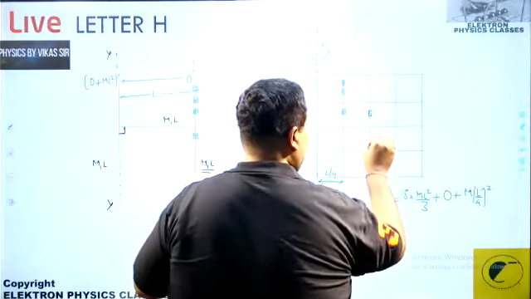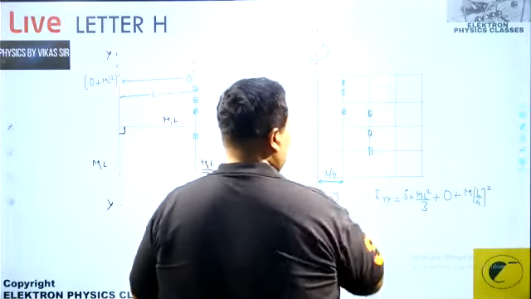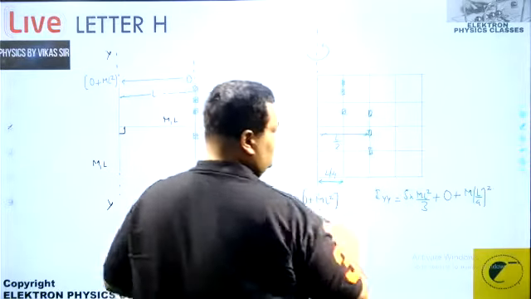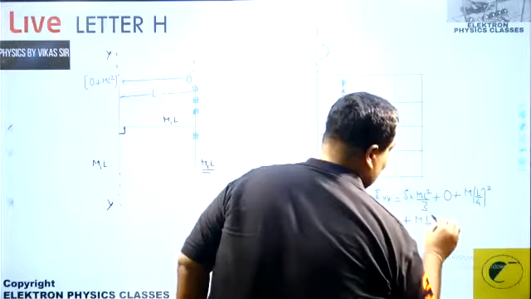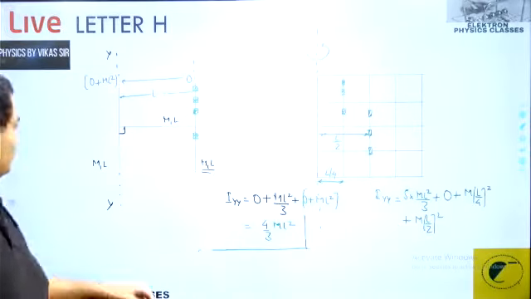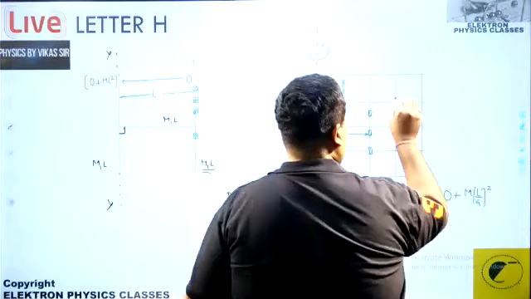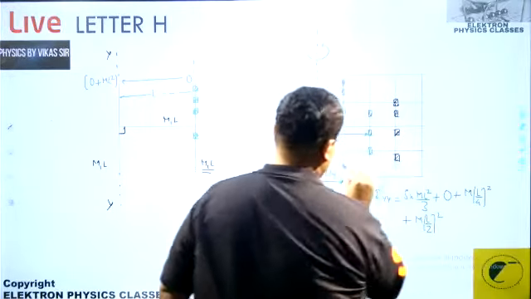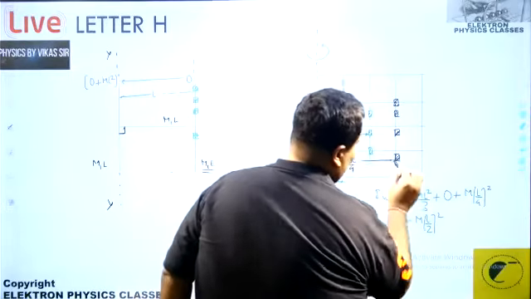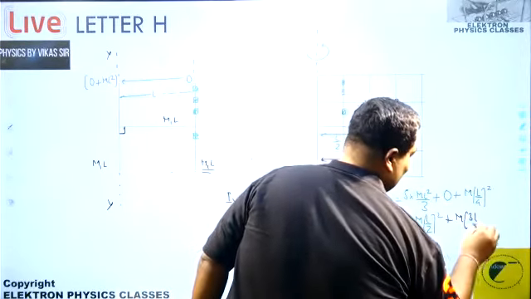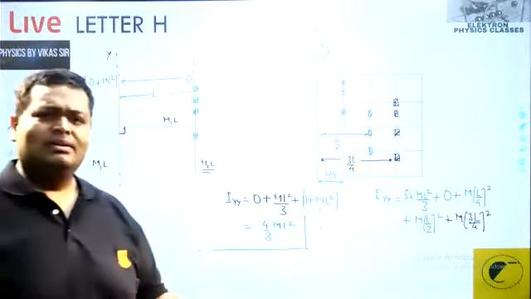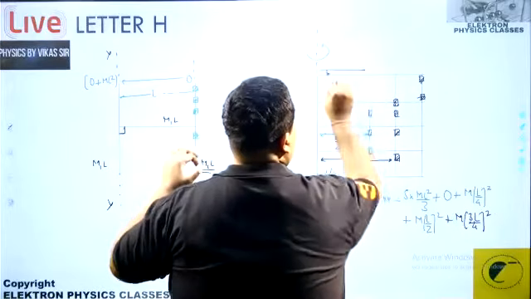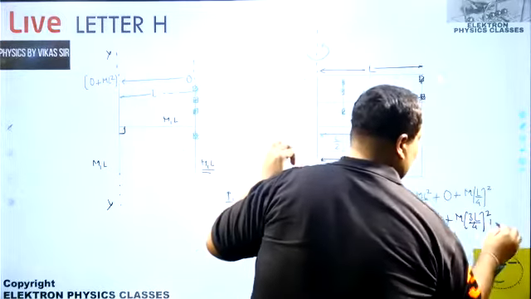And then for this particular rod, the eighth rod, every particle will have a perpendicular distance of L by 2. So the moment of inertia becomes M into L by 2 whole square. That is easier now. And then for the ninth rod, all the particles will have a perpendicular distance of 3L by 4, so plus M into 3L by 4 whole square. And for the last one, the 10th one, this perpendicular distance is L, so that's plus ml square.